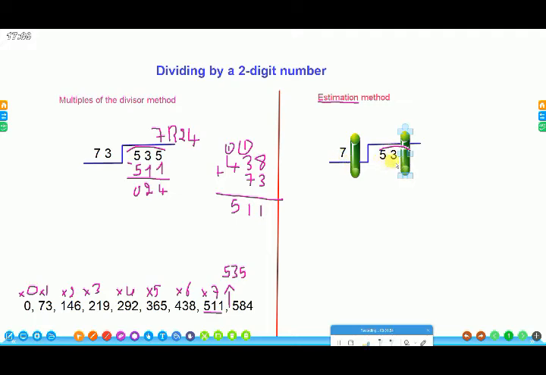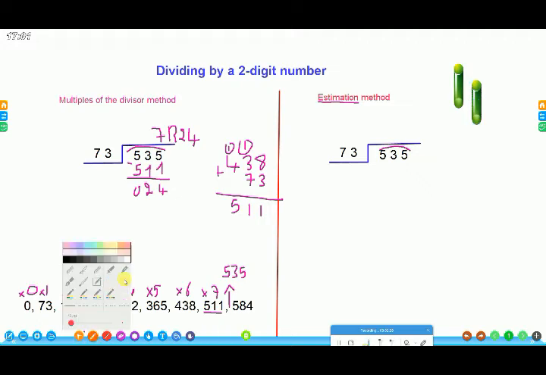So 53 is not a multiple of 7. Just before 53 we have 49. And 7 times what is 49? 7 times 7. So we estimate that the quotient might be 7. It can be 7, but we don't write 7 right away, no. On a scratch paper, we need to verify, we need to check if we can make 7 groups